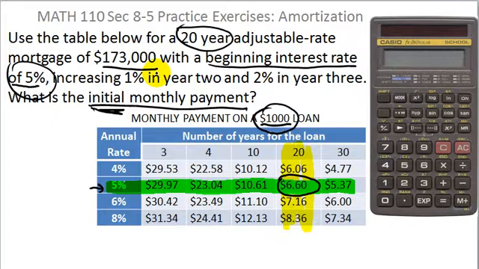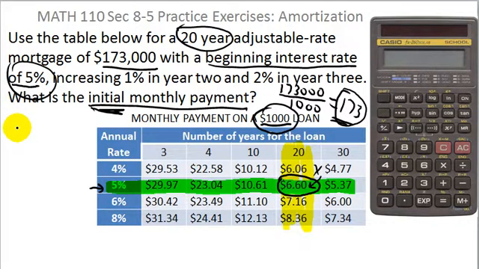$173,000. So what you have to do is figure out how many thousands there are in $173,000. You can essentially do this in your head, but you're saying how many $1,000 loans does $173,000 represent? And of course, it's 173. So the amount we're actually borrowing, $173,000, is like taking out 173 small $1,000 loans. So all you have to do to get the answer is take the number of $1,000 loans that big amount breaks into and multiply it by the table value that you found, which is the monthly payment for just borrowing